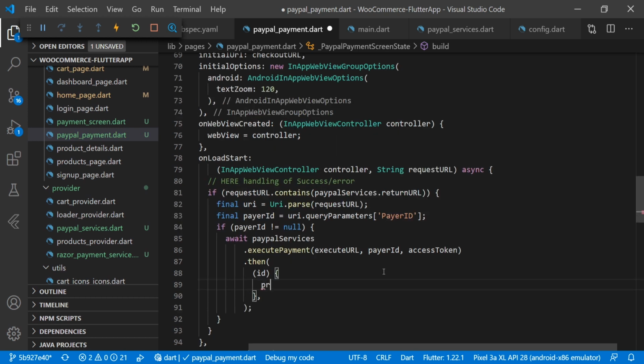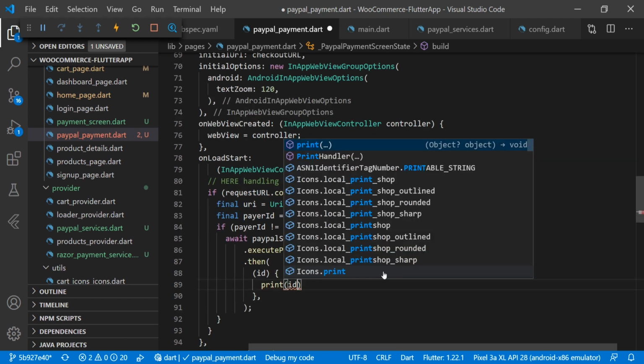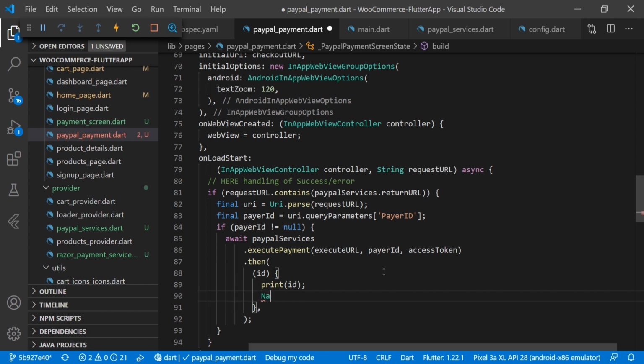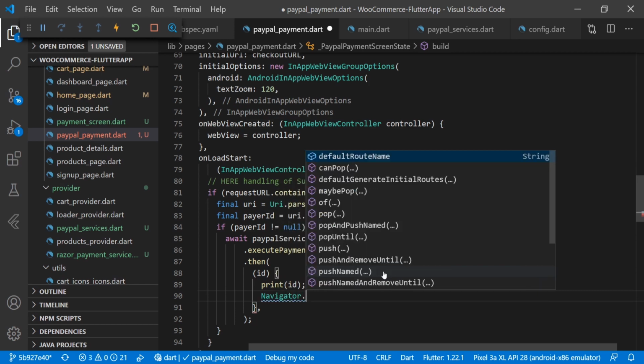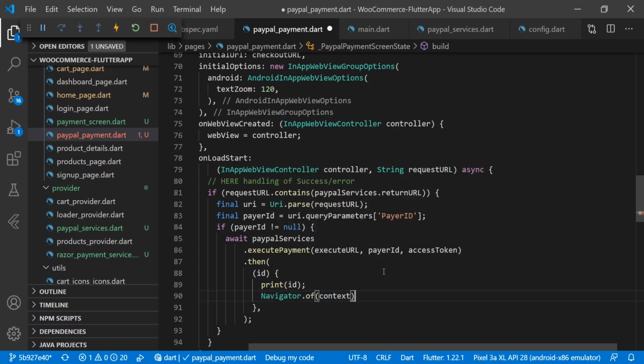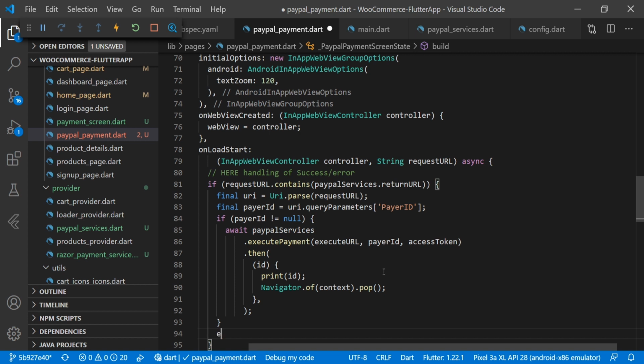So now here we will print that transaction ID. Once that is available, we are removing that payment screen, Navigator.of(context).pop, and this will remove that screen. And same we will do here also in the else condition.